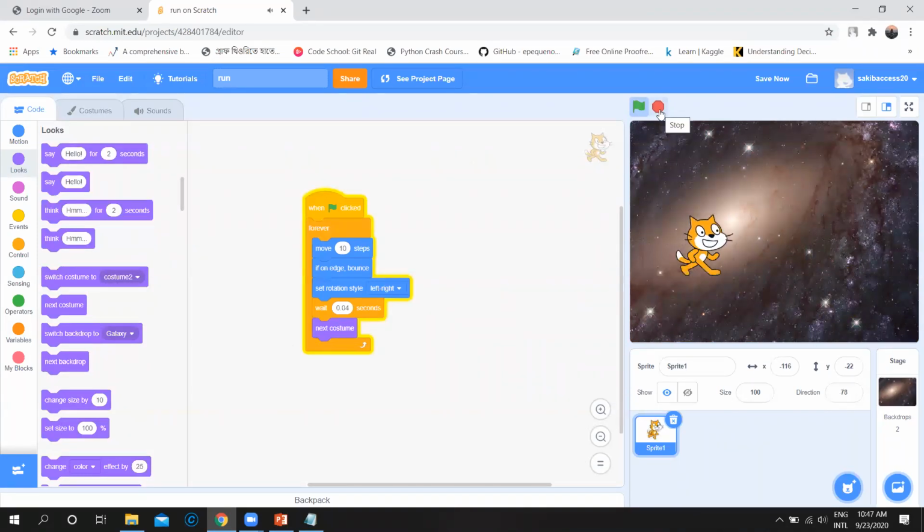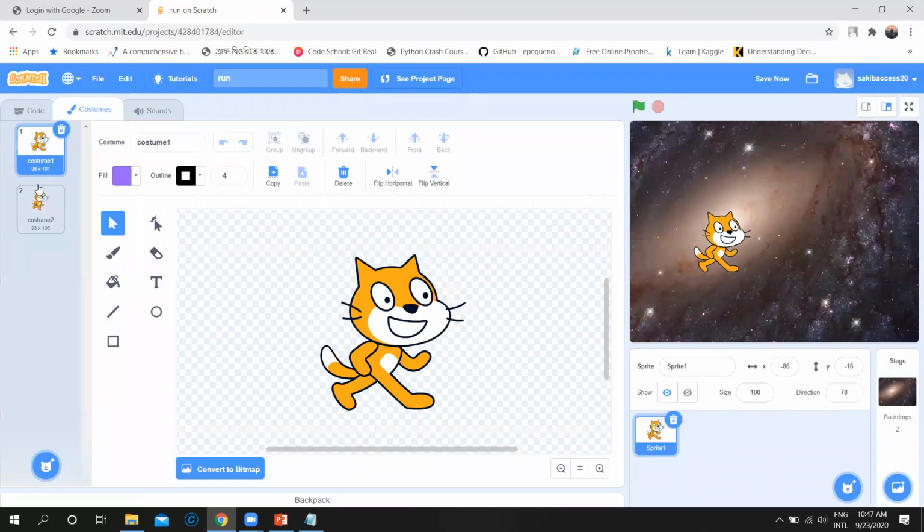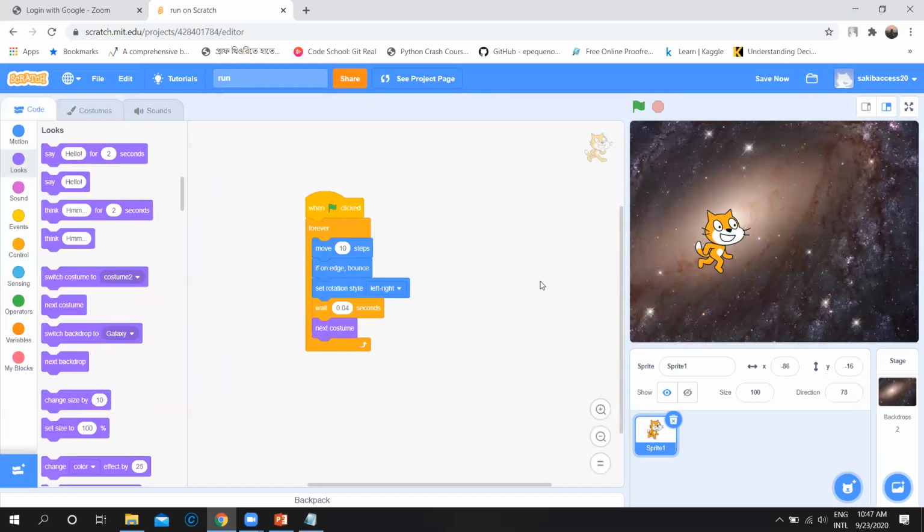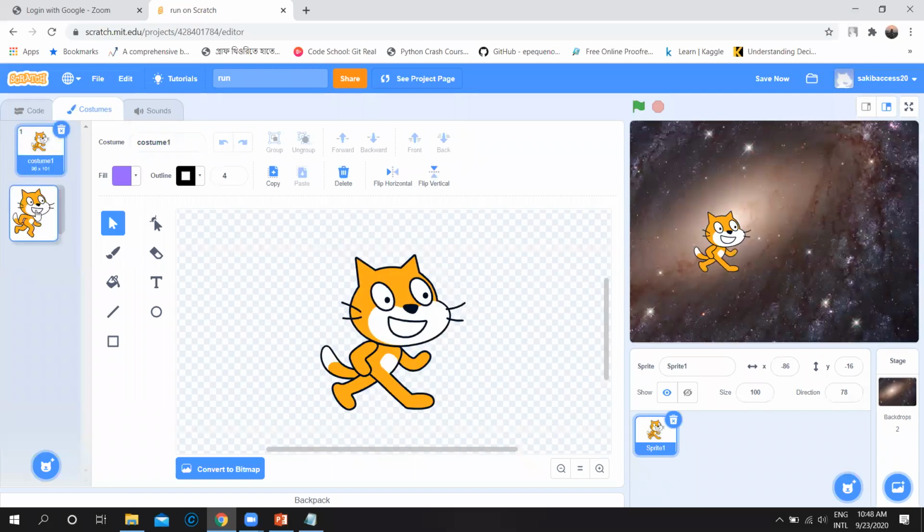So ultimately, it's not actually running, it's changing the costume. This to this, this to this. Whenever you add one image after another image in a very fast way, it looks like it's changing or running or walking. But ultimately, in deep, it's changing its images, its costumes.